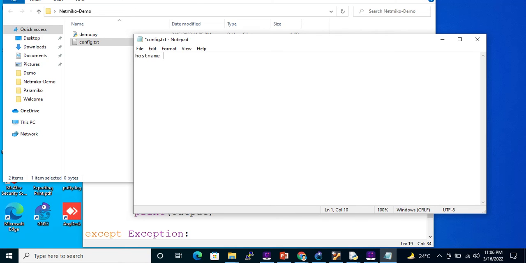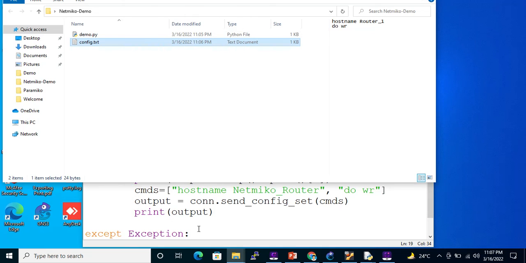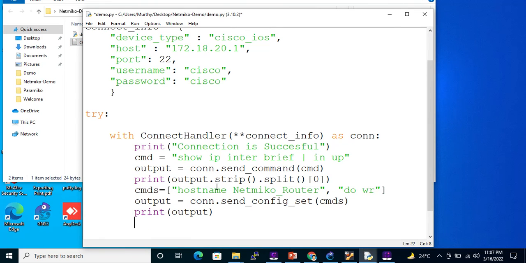I'm going to change the router hostname, and I am going to write the commands. Now I will invoke the same command, and I will change it to